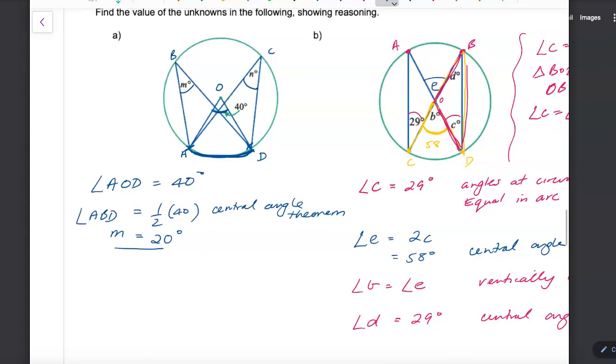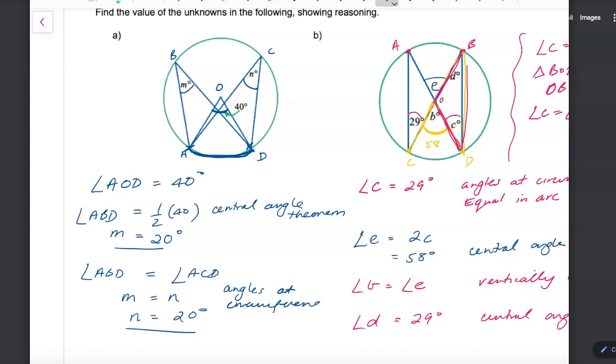Therefore, because I know that angle ABD is equal to angle ACD, because angles through the same arc on the circumference are equivalent, that tells me that M is N, so N is also worth 20 degrees. The reason for that is angles at the circumference through the arc, and I've called my arc AD,